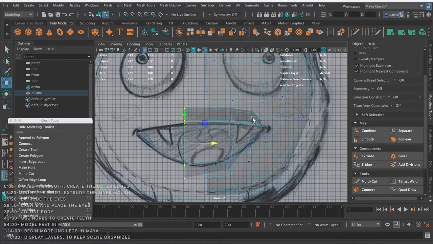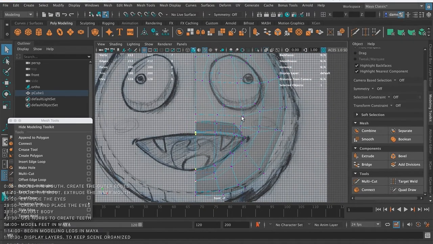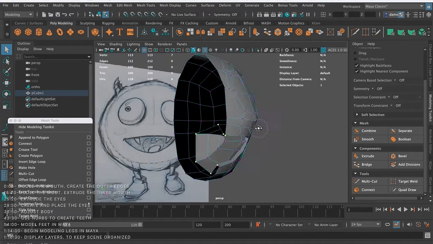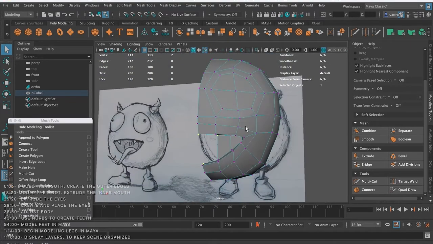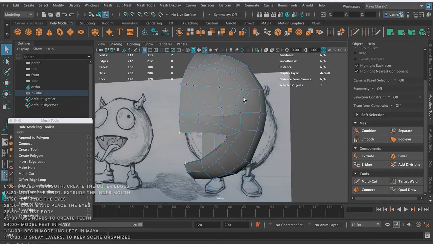Under, my character is facing front ways, so, oops. In my case, it'll be X, I'll type 0 and then return and keep your eyes right there. Punches in the center, so this thing's ready to mirror again. So very easy to correct if they do get off axis right there. So the inner mouth is kind of built out right there, and again we're keeping this low poly and keeping